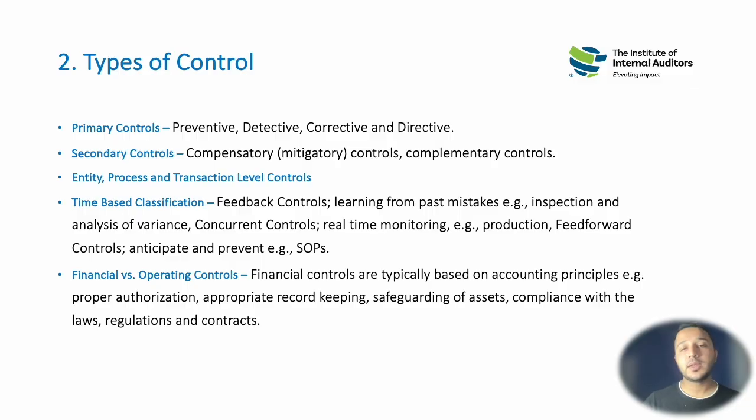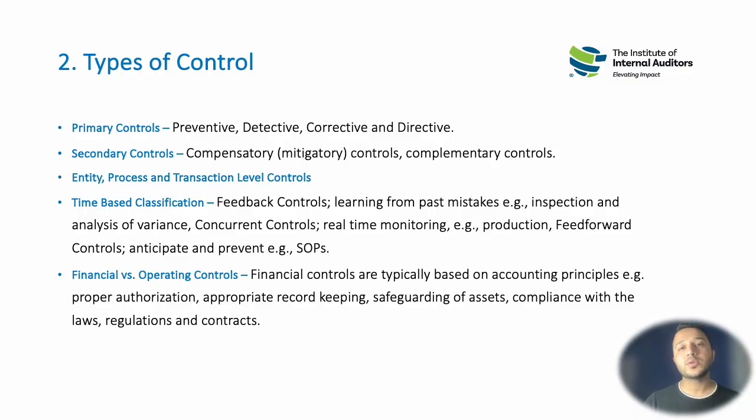Controls could be placed at the entity level, at the top organizational level, process level, or transaction level. Entity level controls could be through having a properly established organizational structure. In the structure, we can have a board, and we can have audit committees. So this is all part of the entity level. We can have a business plan, so no one deviates from what they are supposed to achieve. We can have business philosophies, ethical values. So this is all part of the entity level controls.